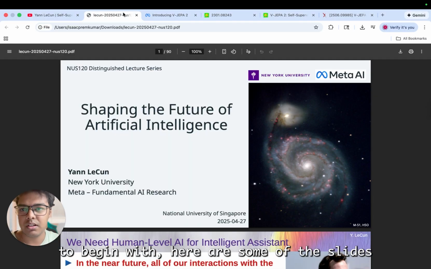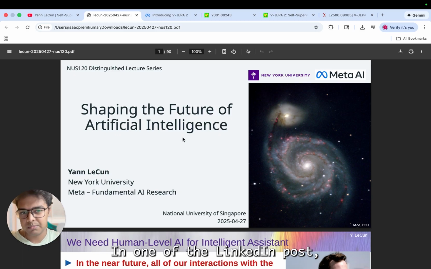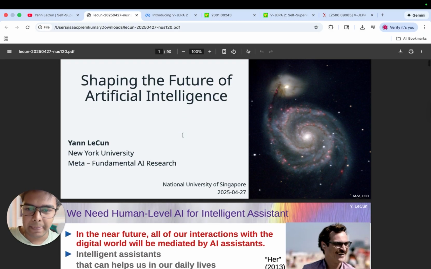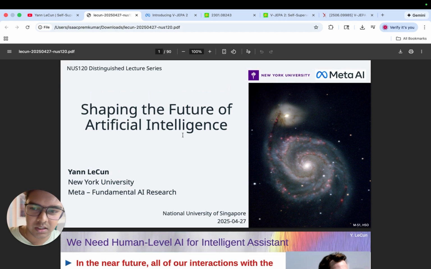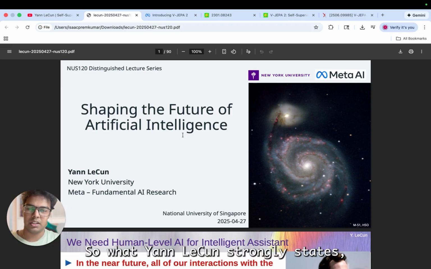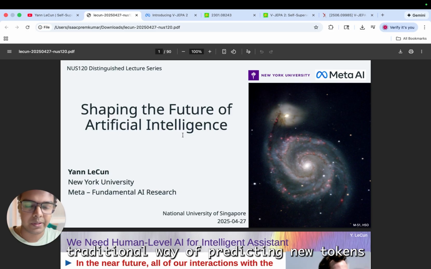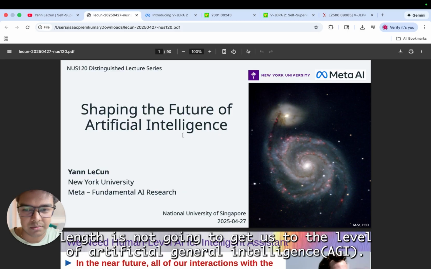To begin with, here are some of the slides that I was able to find in one of the LinkedIn posts presented by one of my fellow connections from NYU, and here it says "shaping the future of artificial intelligence." What Jan LeCun strongly states is that the current traditional way of predicting new tokens based on a given set of tokens fed to an LLM is not going to get us to the level of artificial